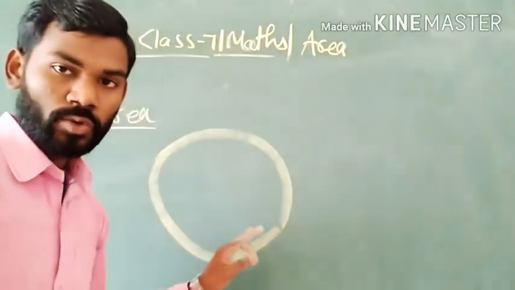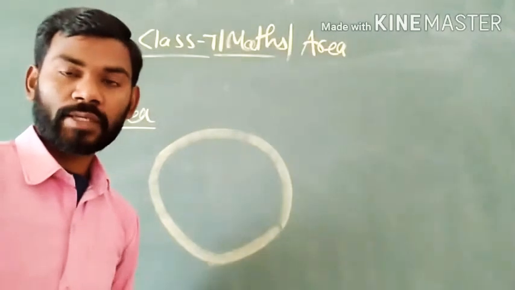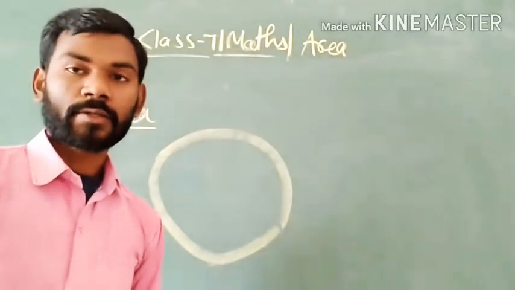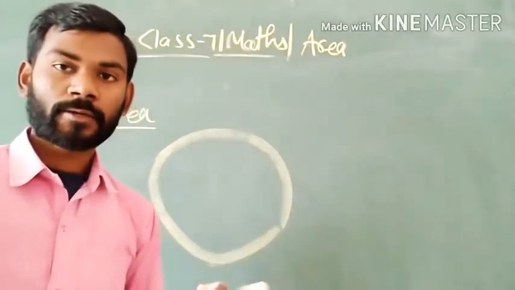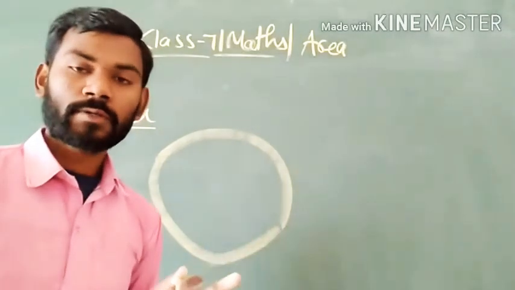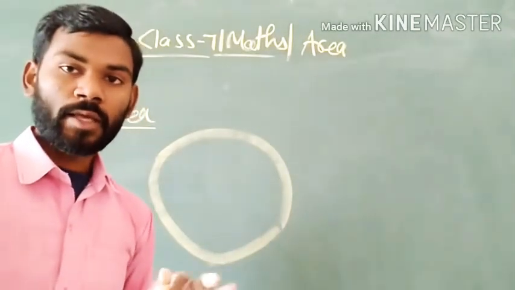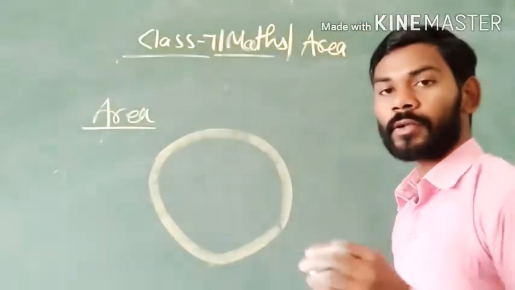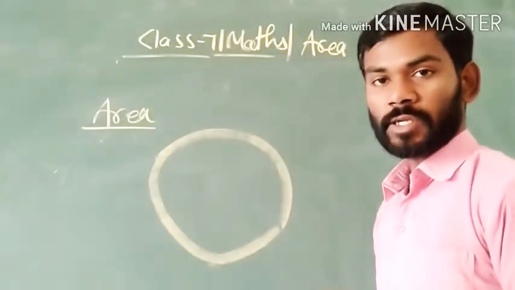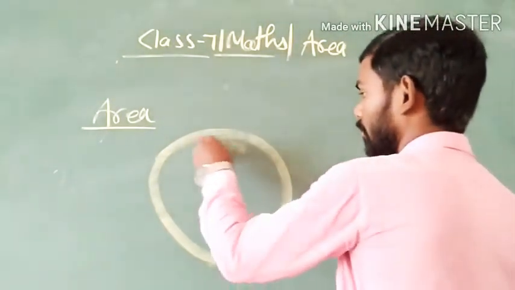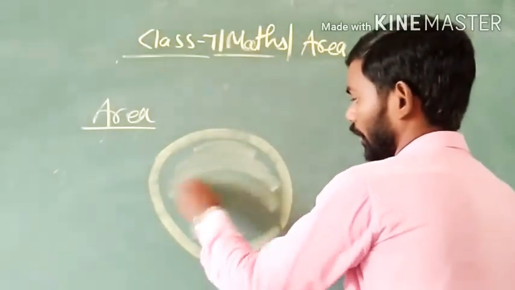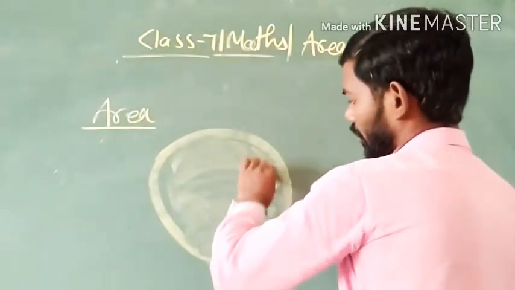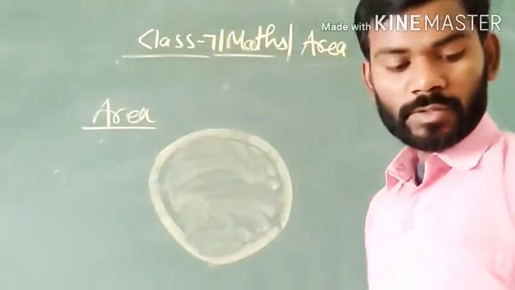Since it is closed, then it is obvious that it has a boundary. That means this boundary will include some region inside it. Just suppose that the region that is enclosed by this boundary is this. Okay, so this region,